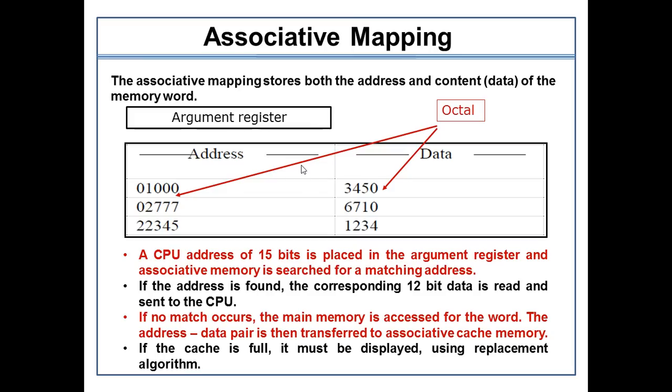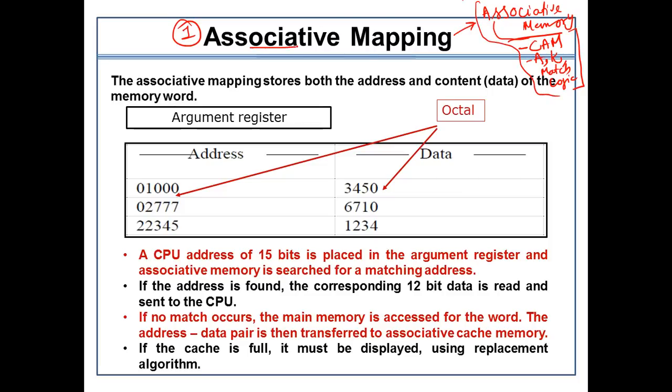So now let's understand the very first mapping technique, how we are mapping the cache memory contents using associative mapping. I hope that you have gone through the associative memory, in which we were searching the data through the content only, right? So it is also known as content addressable memory. In the associative memory, we were using the argument register, key register, and a match logic. So the same procedure we are going to use here in the cache memory mapping as well.